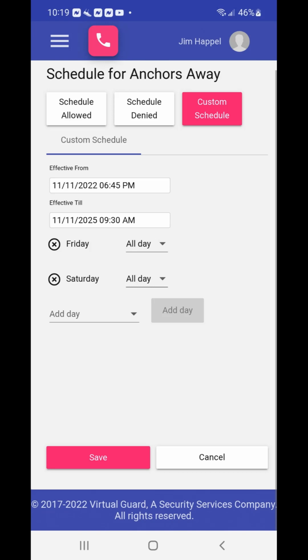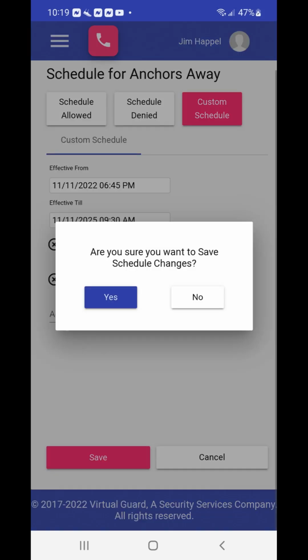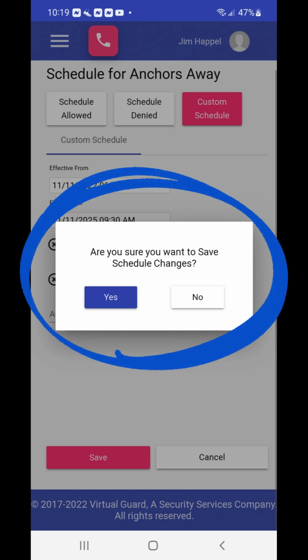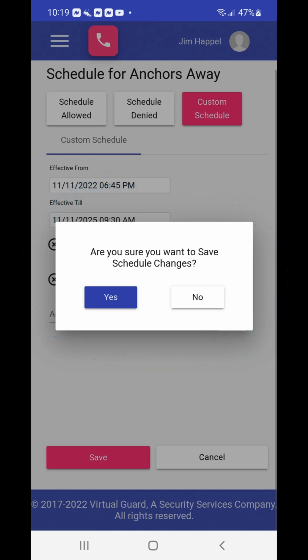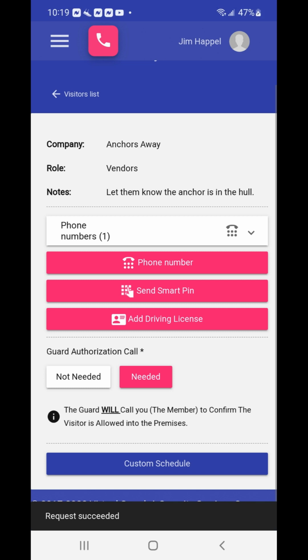Once you are satisfied with the days of the week, and have defined the hours if desired, choose the pink Save button at the bottom of the screen to save your changes. Because schedules are important and take some effort, a dialog box will appear after you choose the Save button asking you if you are sure you want to save the changes, so that you don't have to repeat your setting if you accidentally hit the Save button before you are completely done making your changes. If you are finished, then choose the Yes button, but if you need to continue then choose the No button to return to scheduling. When you are finished with your changes, choose the Yes button and the visitor profile will